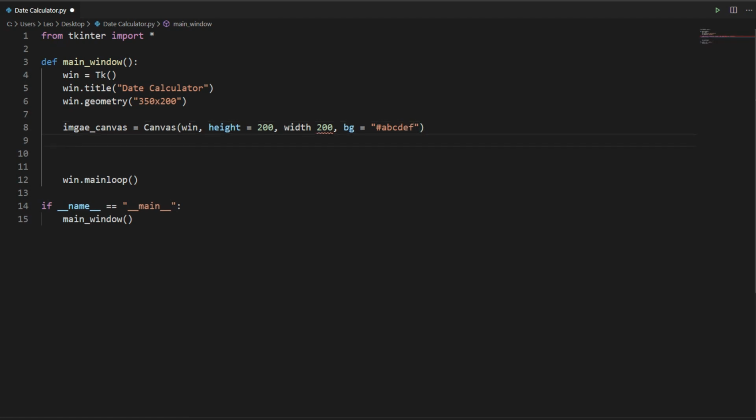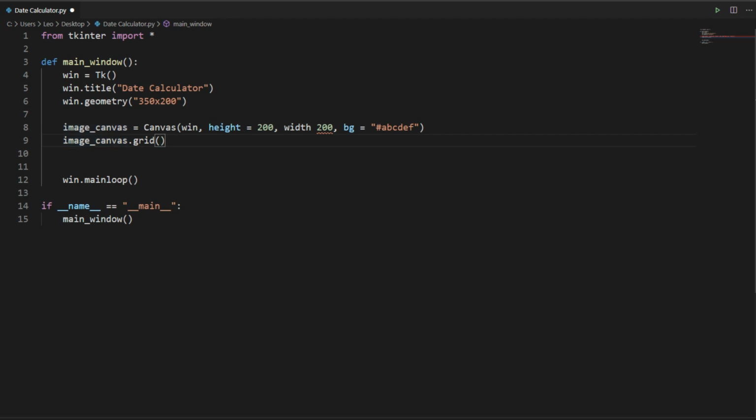Let's add this canvas to our window. Image canvas dot grid. We have a typo over here, that's why we are not getting IntelliSense.